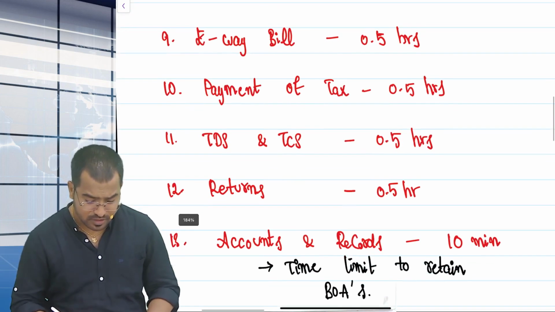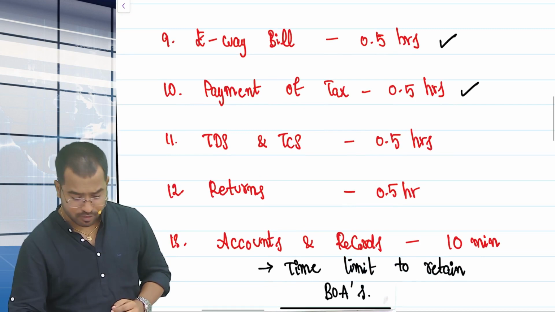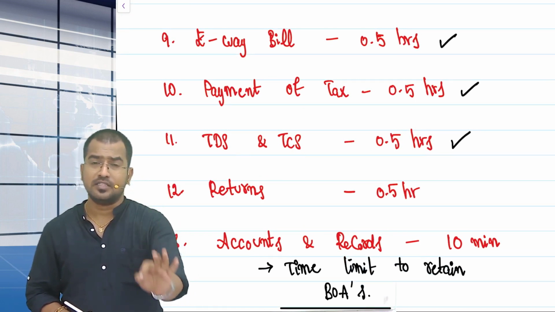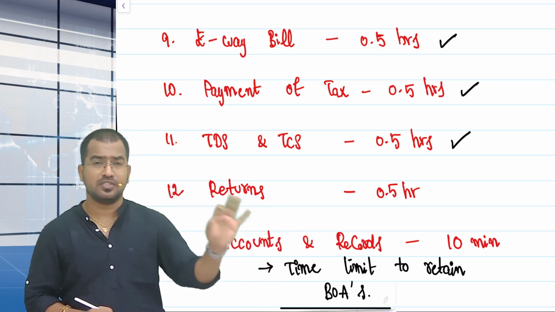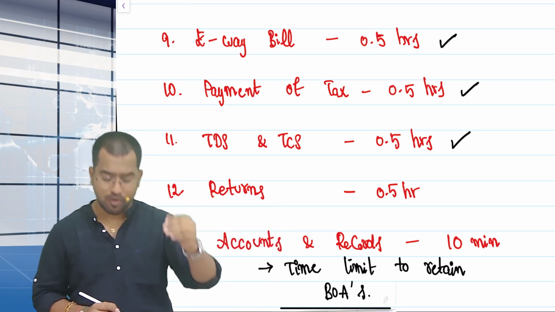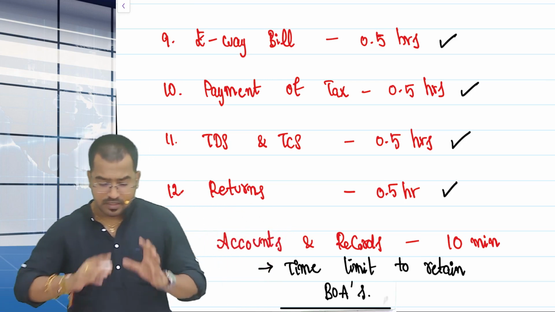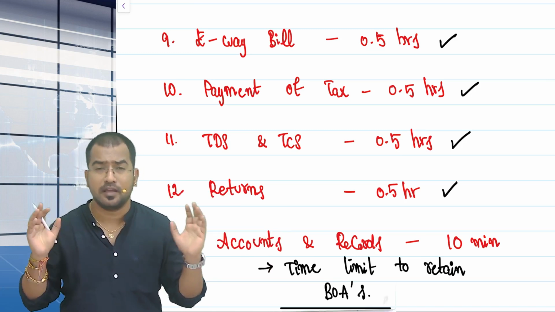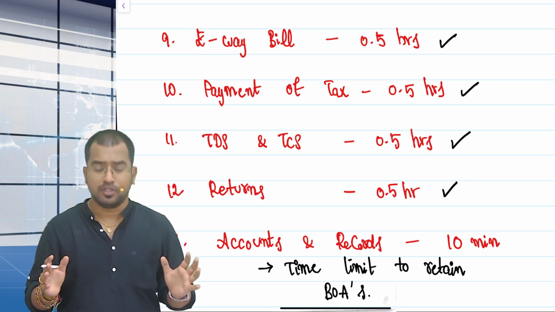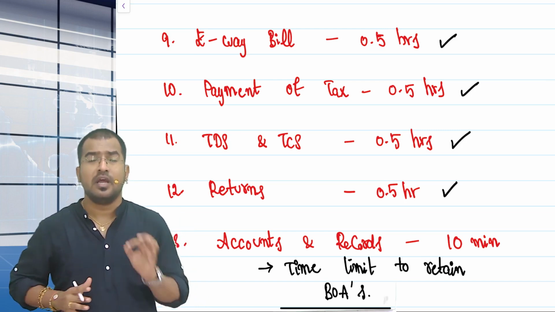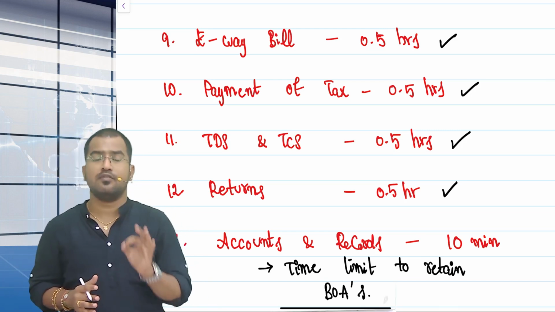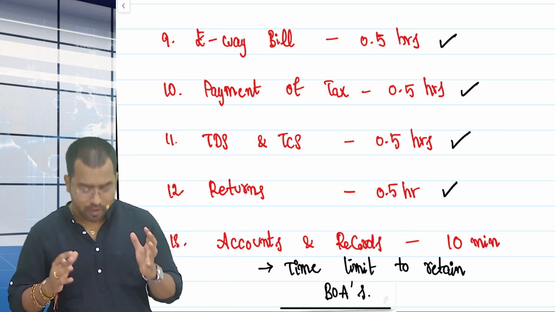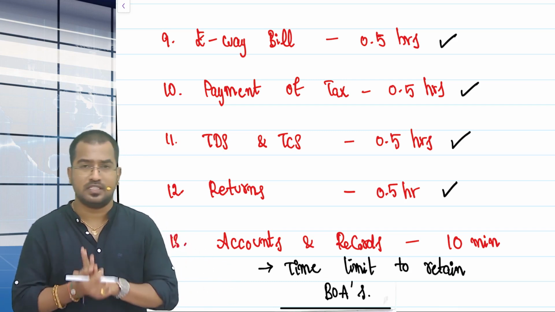And coming to these 4 chapters: e-way bill, payment of tax, TDS, TCS, a newly added chapter, and I repeat, for this chapter also you should try to solve as many questions as are available in whatever sources you have. Please go through that, and returns. These 4 chapters are very small chapters. Understand, it will not take much time to revise, and make sure you are revising these things thoroughly. And remember, the questions in the exam from these chapters are going to be easy. It is not at all going to be complicated. So please make sure you are thorough with these chapters.